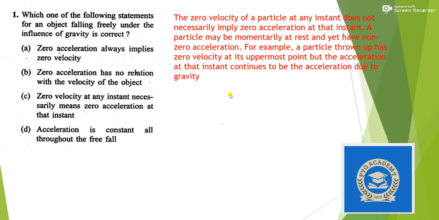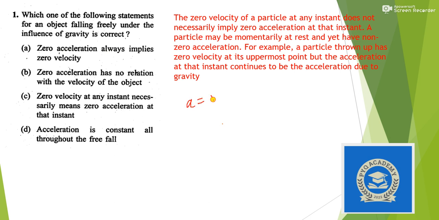In the first question it is given: which one of the following statements for an object falling freely under the influence of gravity is correct? Okay, so let me take my pen first. Yes. So it is given that zero acceleration always implies zero velocity. So it is not true in every case because